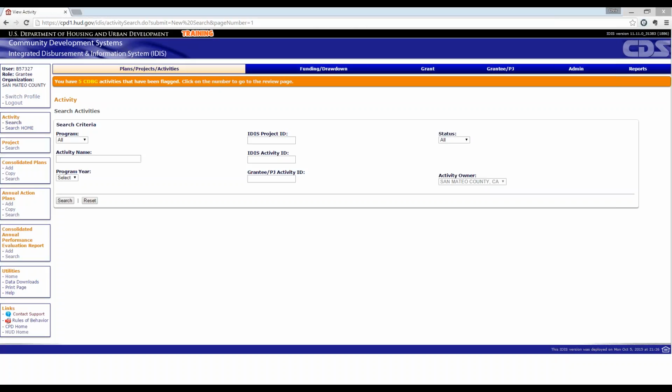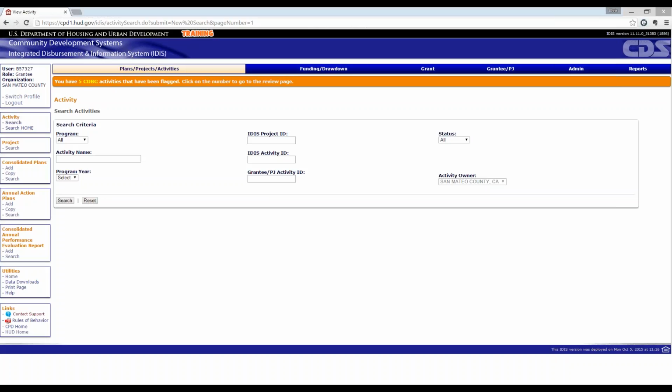With a new system, because we're copying data and information you've entered into IDIS, we're having this copy function happen with the amendment process. What you're doing is sending it to HUD, not to approve, but just to review, to say, yep, you followed that citizen participation process, move forward and do good things.